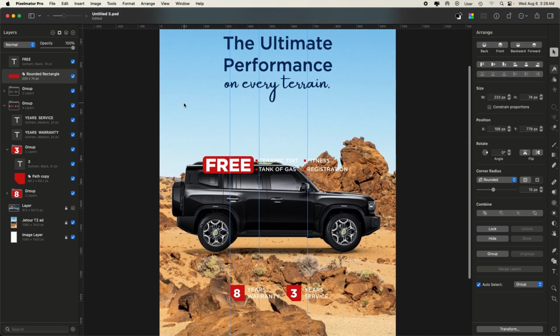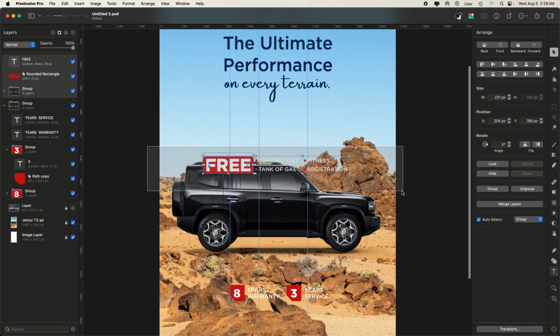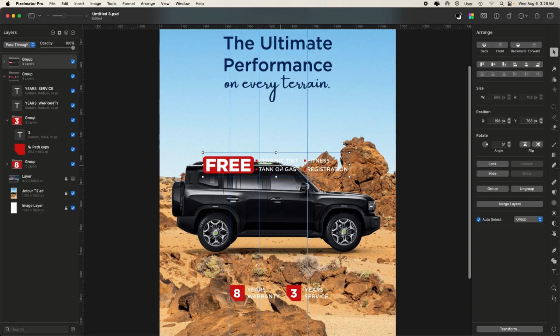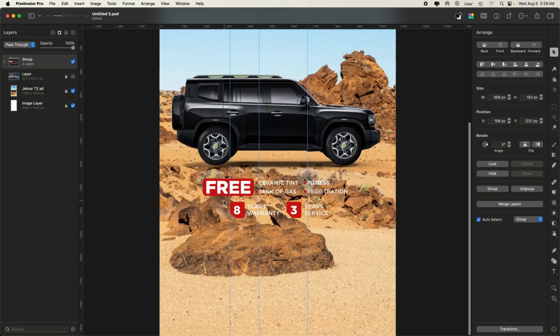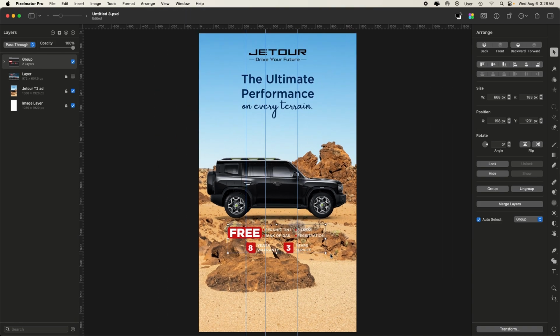So that being said, let's group all of this now and let's bring up this information so we can group everything together and bring it down here. And we have a lot of space to play with, so we can scale this up a bit. But more than anything, we have to ensure that it works on all the backgrounds, and to do that,